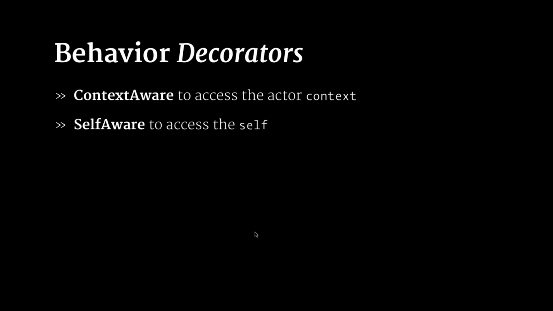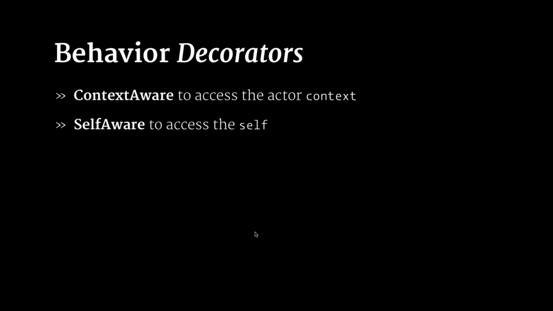And it doesn't give me access to things like self and the context, for example. Now, I didn't need them in my trivial example, but I'll probably need them in more realistic scenarios. So for that, we can use what are called behavior decorators. So again, part of the DSL. And the two most important ones there are